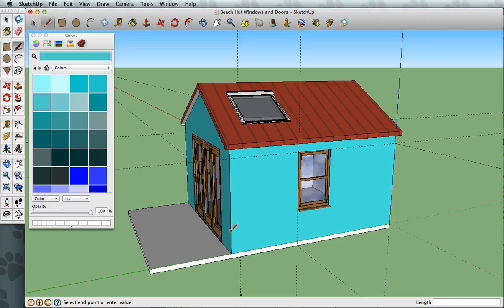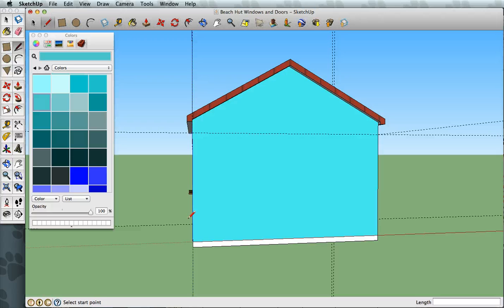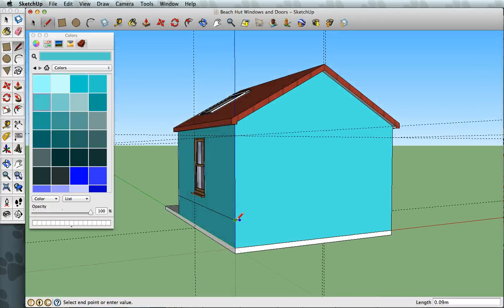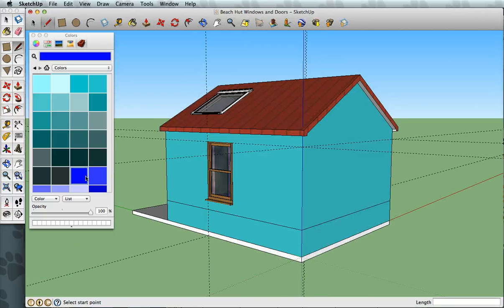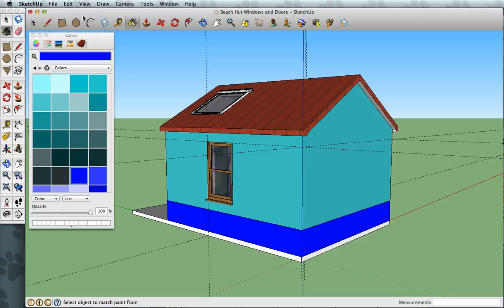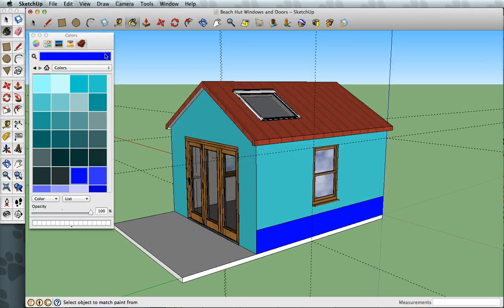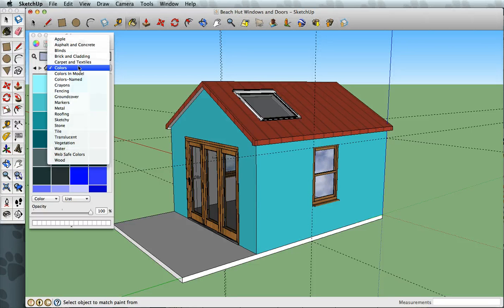Now if you want to have stripes, then what you could do is a series of lines, and you'll notice that I can continue that line around like so if I want to, and then I could just alternate the colours if I wanted to. So you can see now that I've got two shades of blue. So if you want to have stripe design, that could be one of the ways that you go about doing that. Now what I'm going to do for mine is I'm going to go for like that wooden